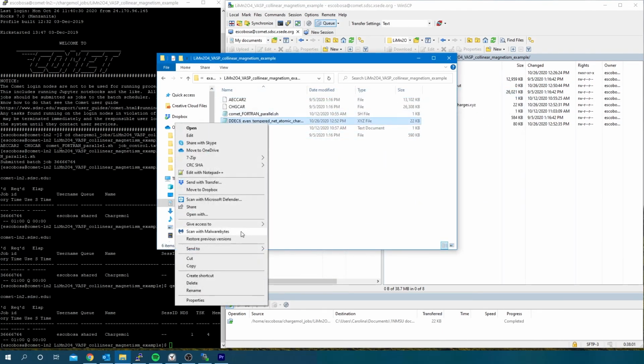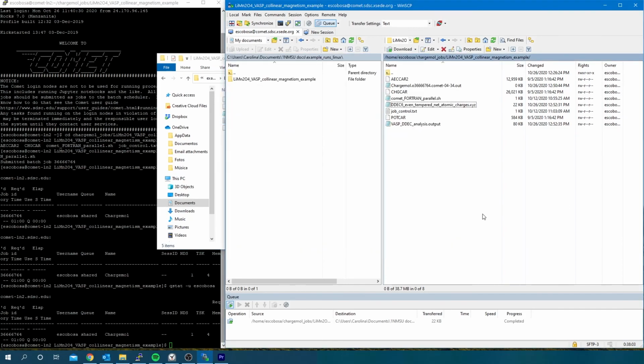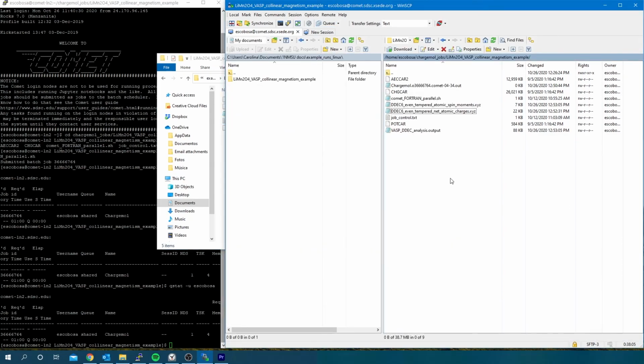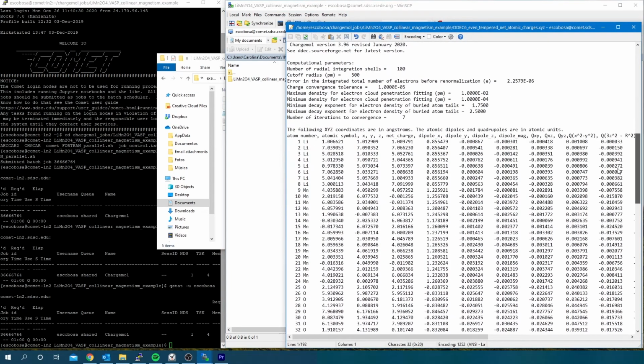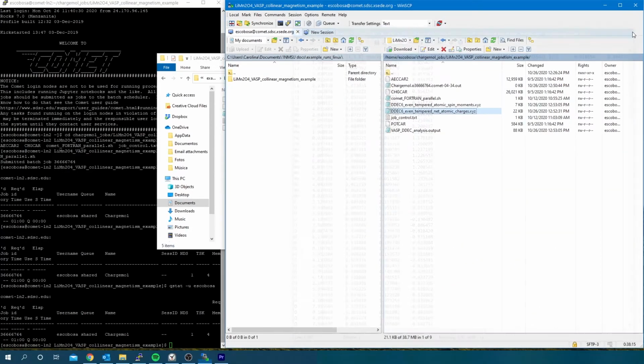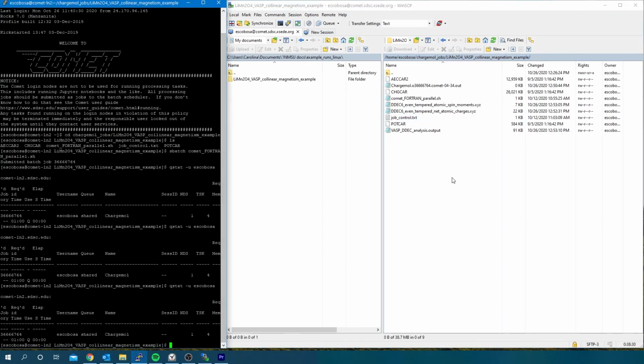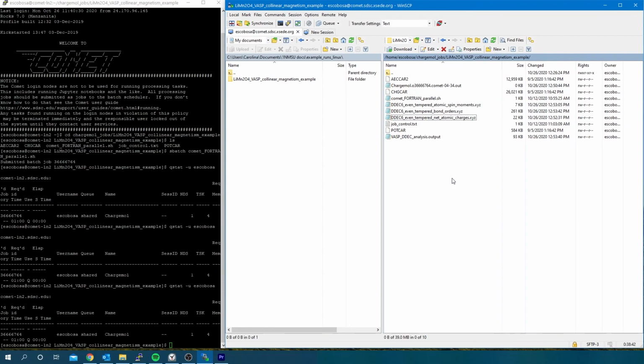When you are done checking the files, delete them, so as not to confuse them with the final version of all output files when the job is done. Notice a new file appeared when I refreshed the Linux cluster directory. This means the NAX file is now complete, and the program is now working on the ASMs file to later work on the bond orders file. Now, the NAX file can be opened safely in WinSCP, just as you're going to be able to open the ASMs one as the bond orders file appears, and so on.